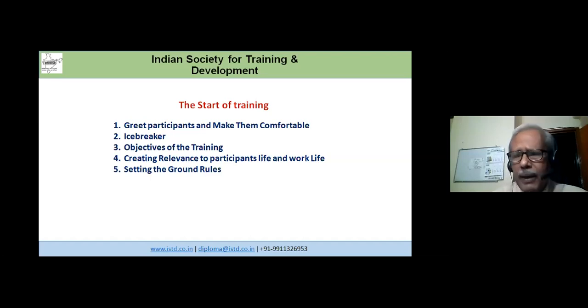The icebreaker can be done in different ways. It depends upon different people and the different target group. The icebreaker can be done by a group activity, by making a group or telling people to introduce themselves to each other. In that process, they become more informal. And being informal, they come closer to the classroom environment.